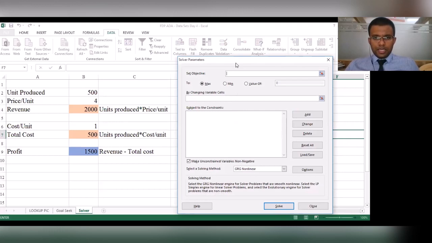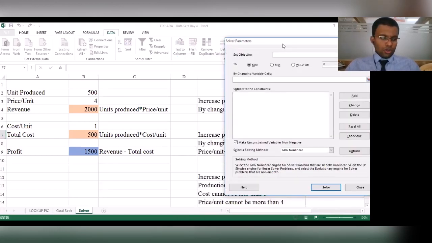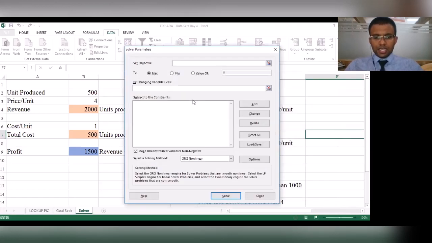Now, solver analysis is pretty much similar to your goal seek option, but it has a window where you could consider a lot more parameters.